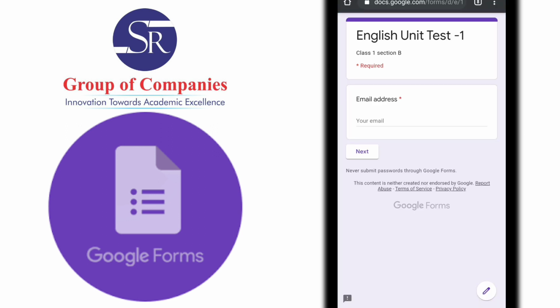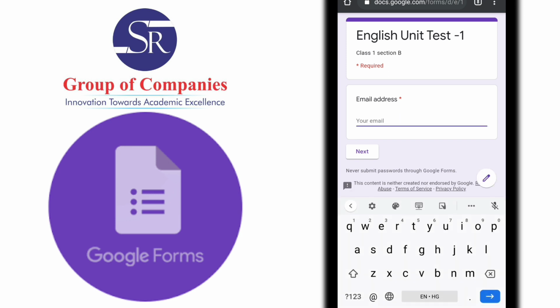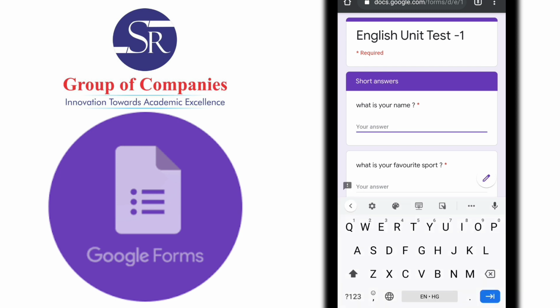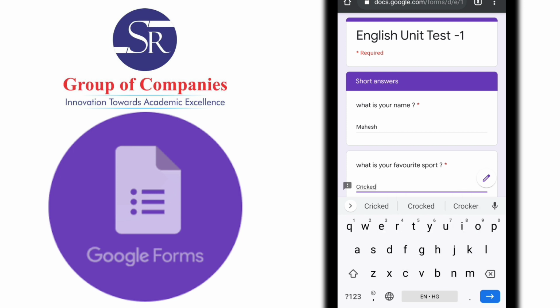It would show you English Unit Test 1, and here the email address is required. If I am a child, I am going to apply for this online exam, I would write my email address and press the button next. When you press next, you get the screen asking what is your name. I am actually trying to do the online examination. So what is your name? I am entering my name, Mahesh. Now what's your favorite sport? I like cricket. As a child, I am going to write cricket and I would press the next